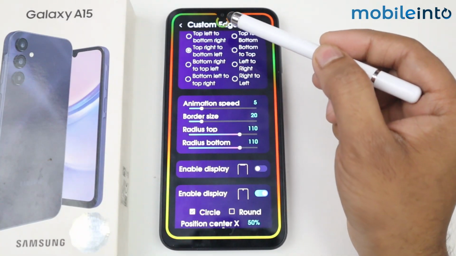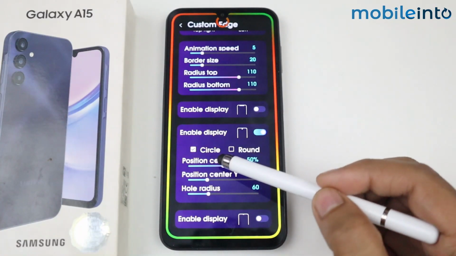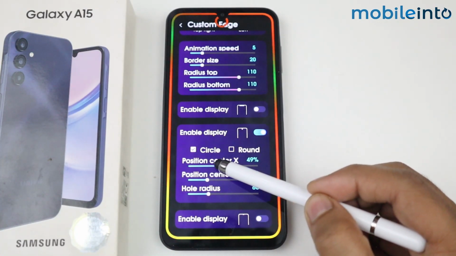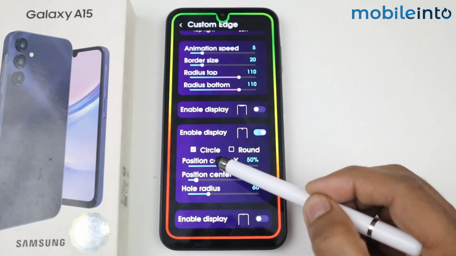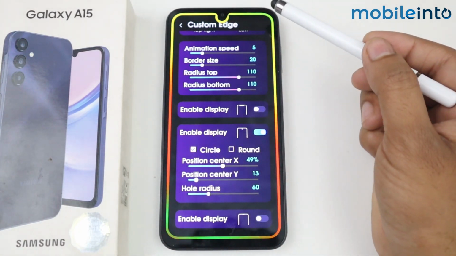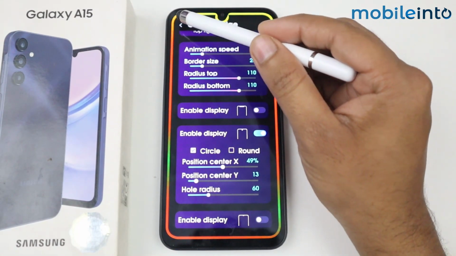As you can see, notch is not coming on the right direction. So I will simply customize it by doing like this. Now you can see my notch is on right direction. So this is how you can customize this. Now if you go back,